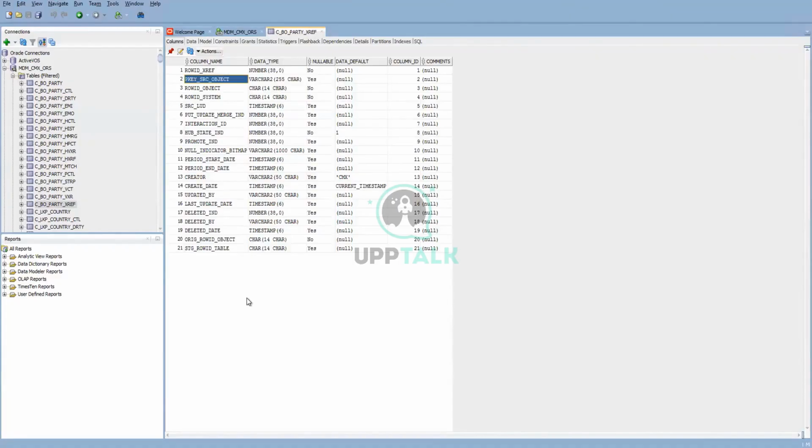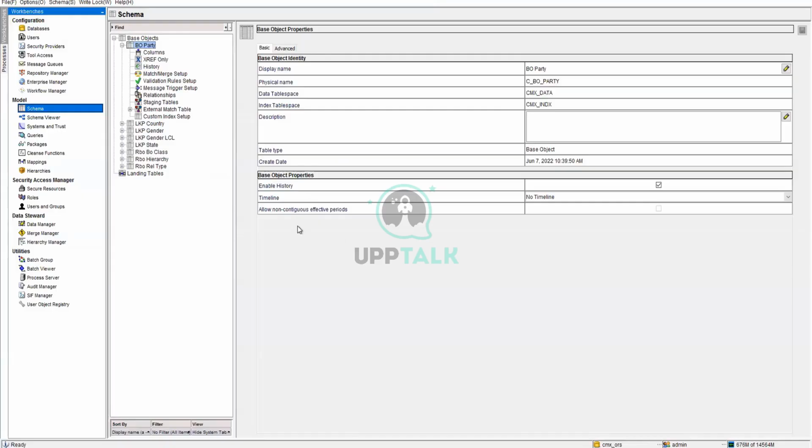This is something which we discussed at the end yesterday, PK source object. And the row ID system is the source system name. Now there is a period start date and end date. There is no version over here. These are the 2 attributes which will always be null. But when we go ahead and enable the timeline,